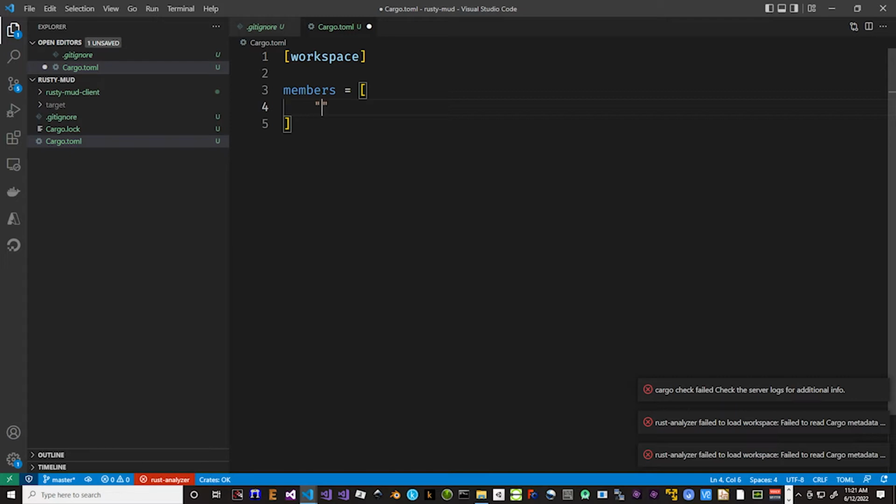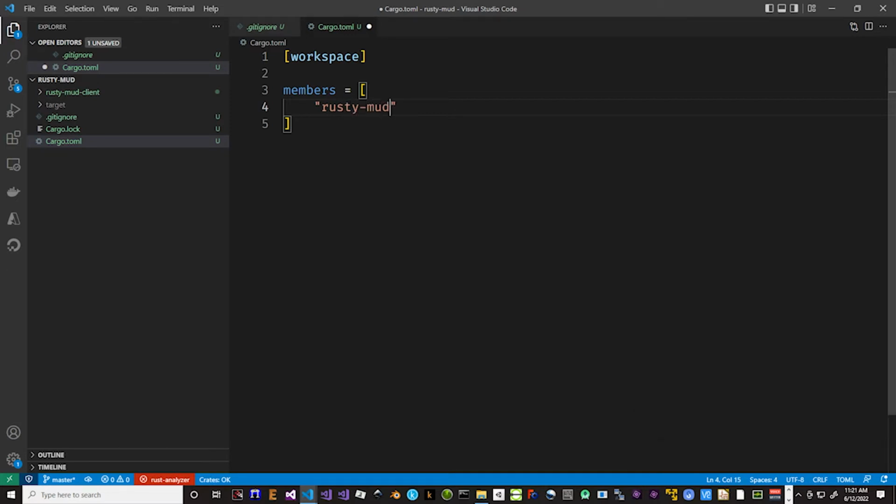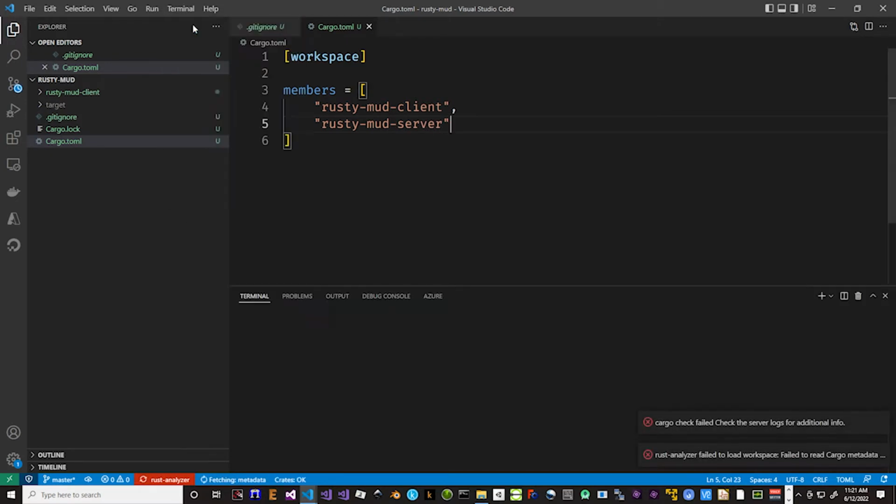And in quotes, we're going to state Rusty Mud client. So that's the only one that we have at the moment. We'll be able to add more with a comma, and what we're going to do now is just go ahead and put in Rusty Mud server, because we'll just open up a terminal here,